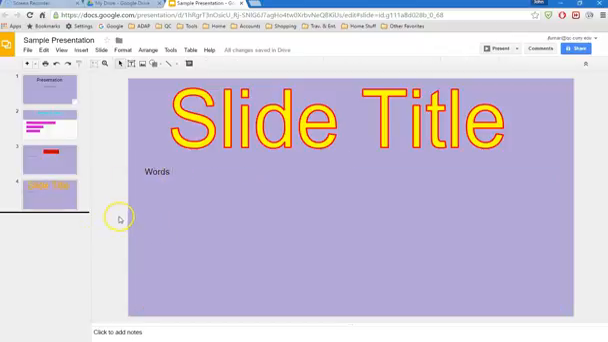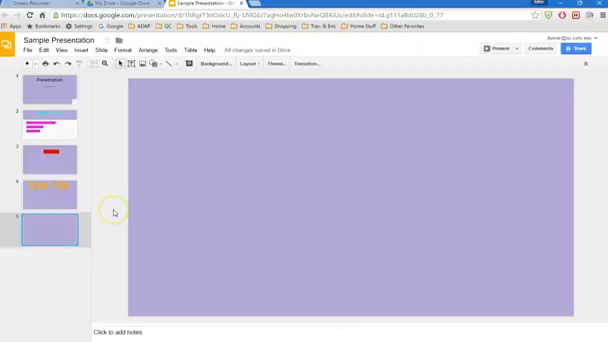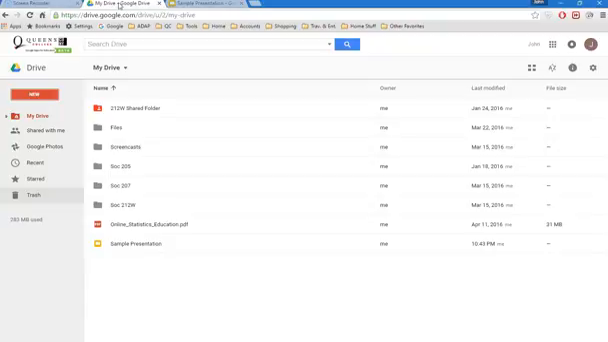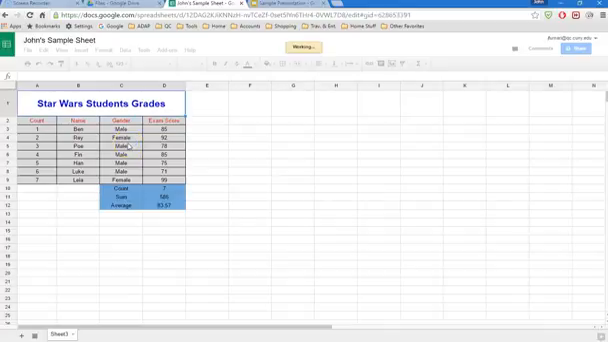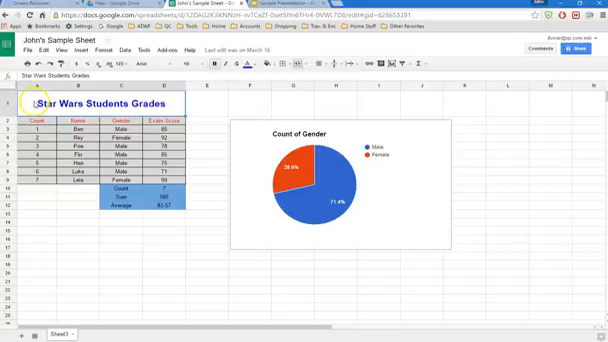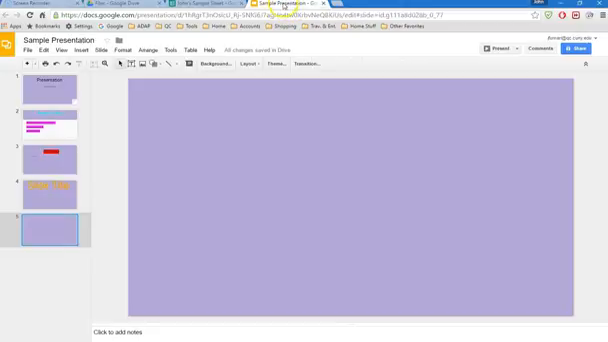Alright, the next thing I want to show you is we're going to insert another blank slide. And we could copy and paste some tables and or graphs from previous projects that we're working on. So I'm going to go back to my Google Drive, and if you remember from a previous lesson, we created some tables and graphs in Google Sheets. So I open up a Google Sheets file that has this table. So we're going to highlight the table, copy it, go back to my presentation,